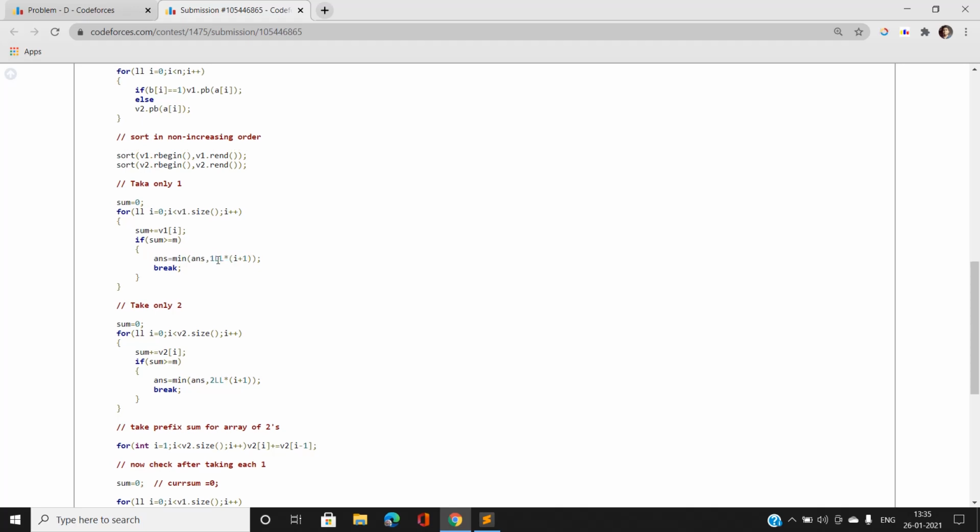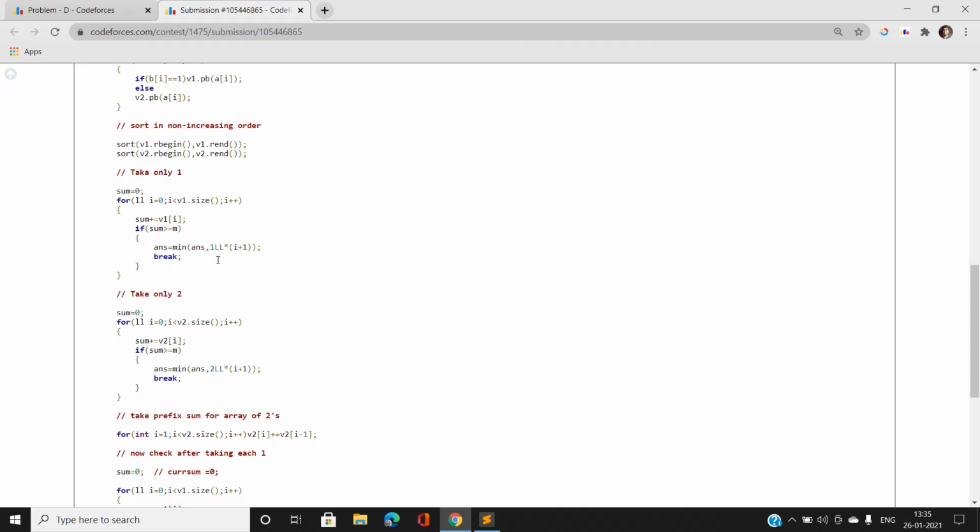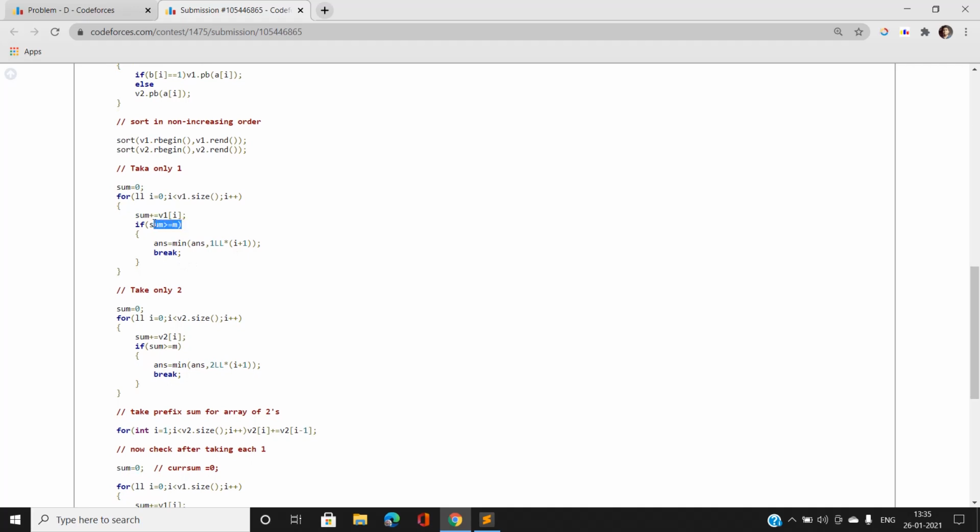So the minimum convenience point is i plus 1, and we break in this case because we have already reached m. In this case I have taken only from the vector v1, that is, the ai values such that bi is 1.